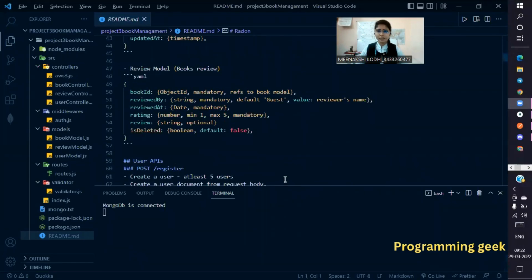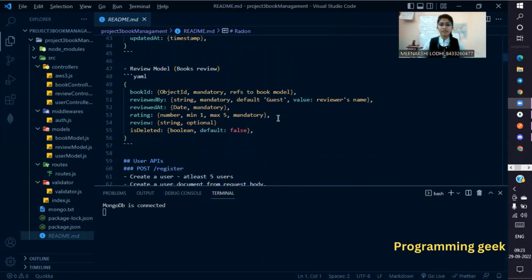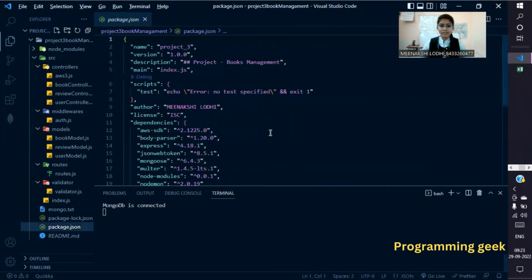Basically, we are using Amazon Web Services to store multi-form data like video, images, etc. But in this project, we are storing the cover page of our book, and we are getting a link from Amazon Web Services, and that link we are storing in MongoDB. First, I install Multer